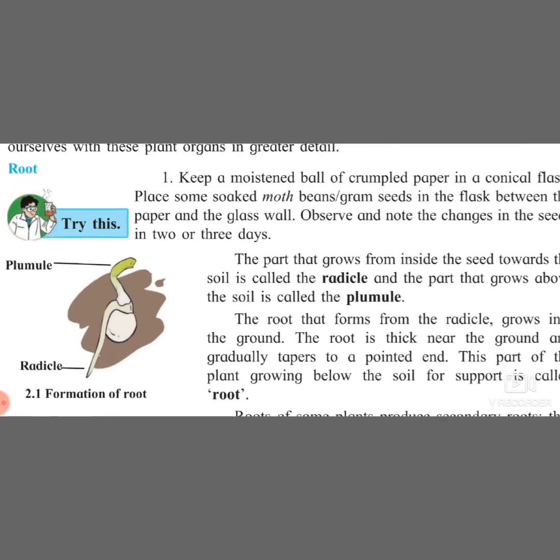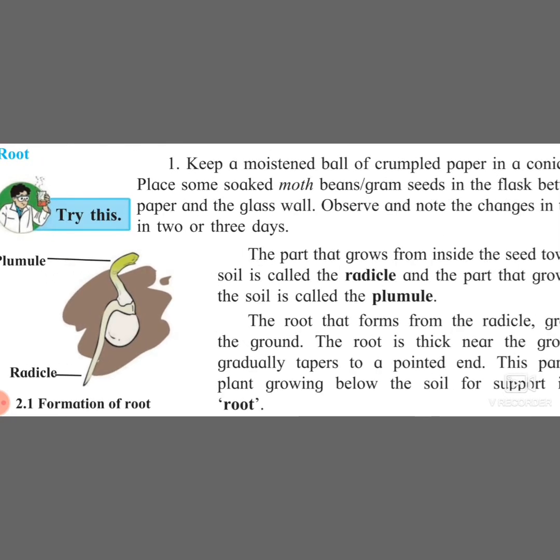If you see in the picture over here, you can see the seed. Two parts you can see, one is going down and one is going up. So the part which is going near the soil, which is going down, is called a radicle. And you can see something is going up in green color. Yes, that is later the plant which you are watching, which is above the soil. So radicle is later converted into the proper roots. Okay, so this radicle which is going down is getting converted into roots.